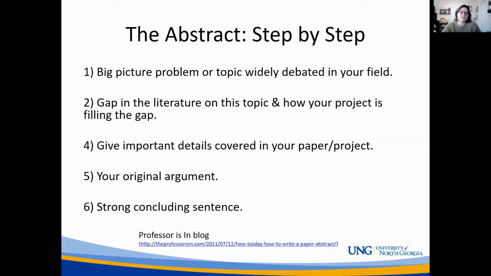You're also going to want to give important details that are covered in your paper, poster, or project. So if it's a research-based project, you're going to want information from the methods section, the results, maybe your discussion, and definitely your conclusion. Then you're going to go back and state your original argument and give your official conclusion statement. And there's also a link at the bottom as well.